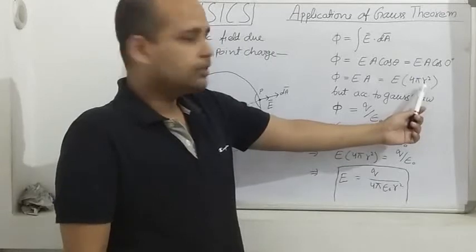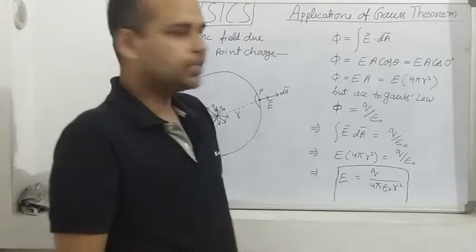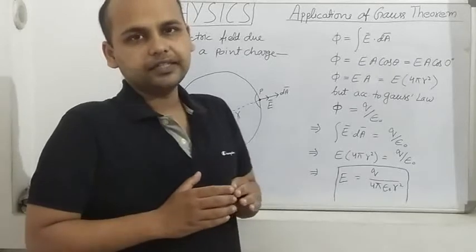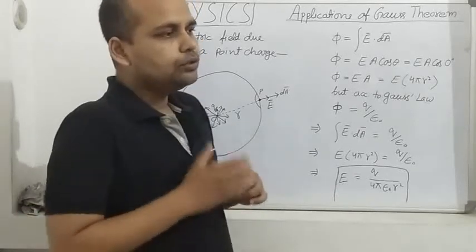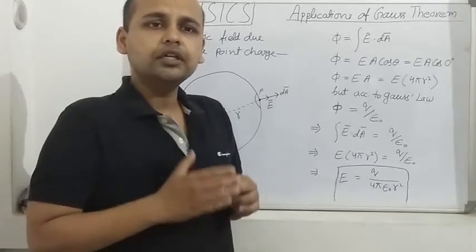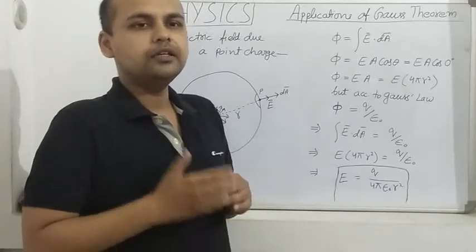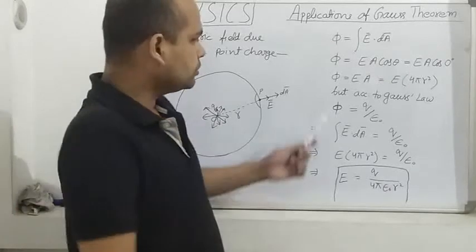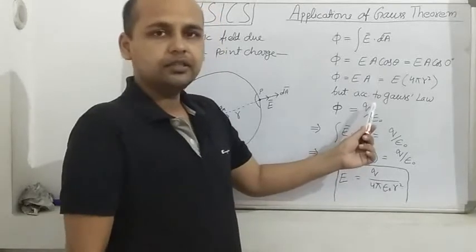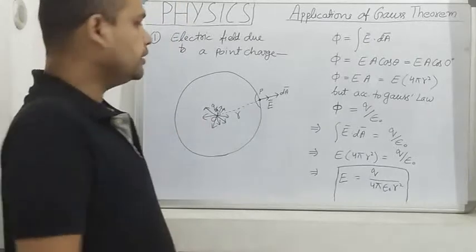Here r is the radius of the sphere, or you can say distance of the point P from the source charge Q. Now we will apply Gauss theorem to find the electric flux. And I have told you, Gauss theorem says that electric flux phi will be equal to net charge Q enclosed within the Gaussian surface upon epsilon naught. So phi will be equal to Q upon epsilon naught. And Q is the total charge inside the Gaussian surface. So total charge is Q only.